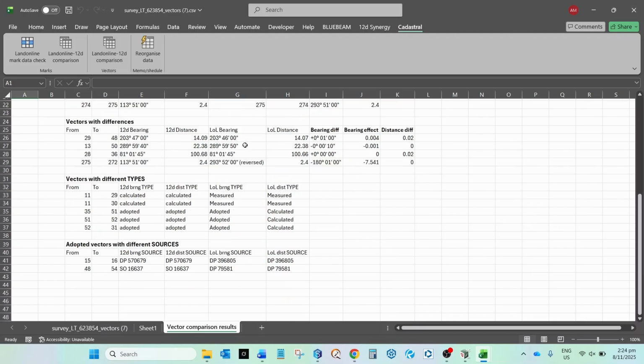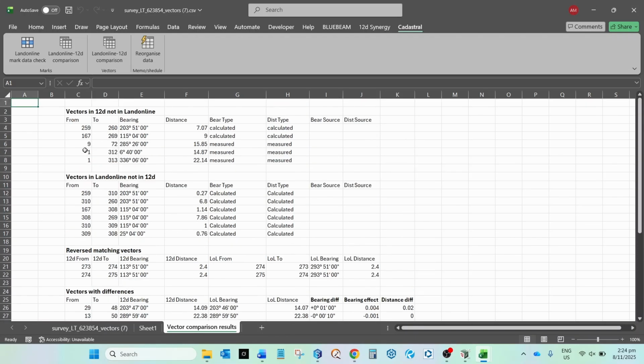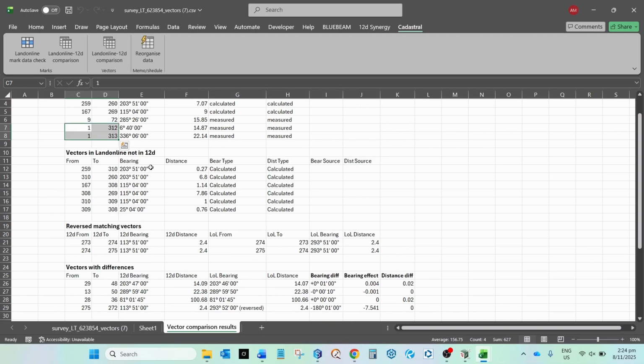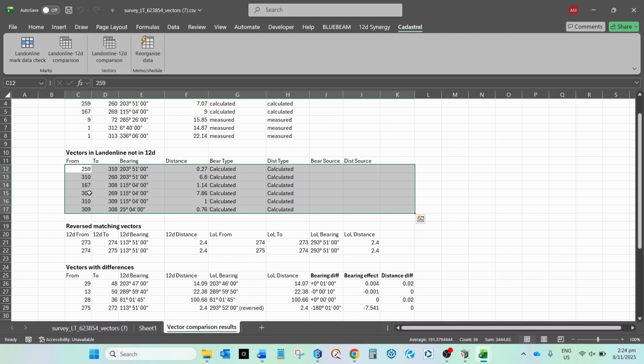As you can see, it's done a similar thing. It's just run a report that compares all the vectors across both platforms. These vectors here are in 12D, but they're not in Landonline. These are the vectors that have been affected by that parcel that I put in for the demonstration, and these are the vectors to those site benchmarks that I identified earlier. Vectors in Landonline that are not in 12D, again, these are the vectors that are affected by that parcel, and